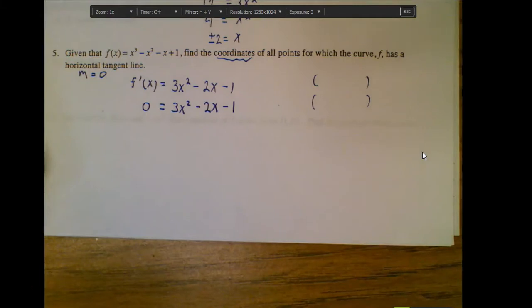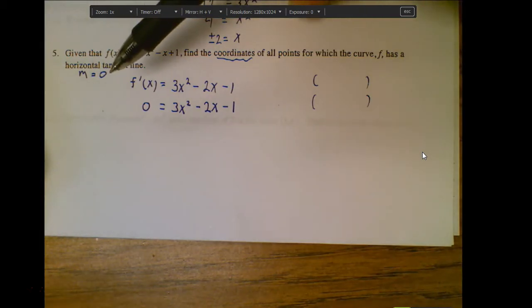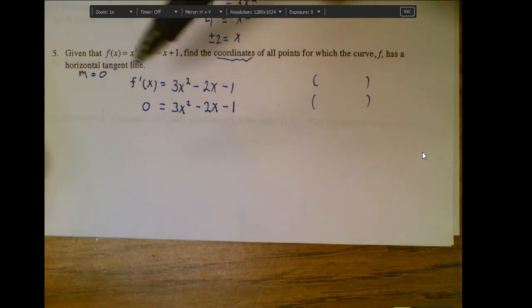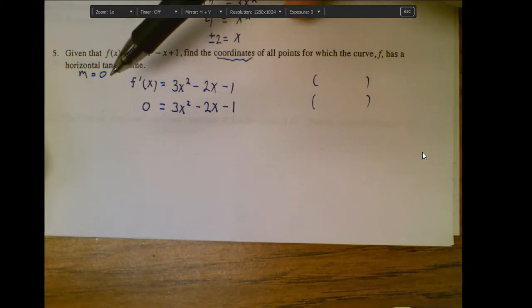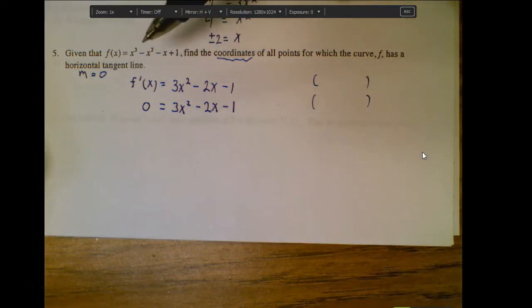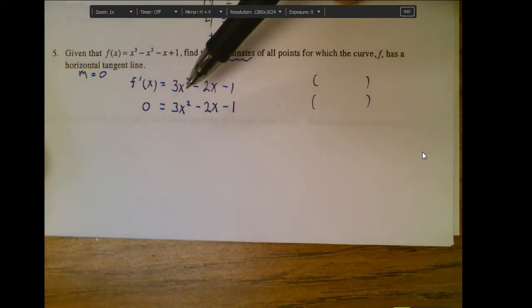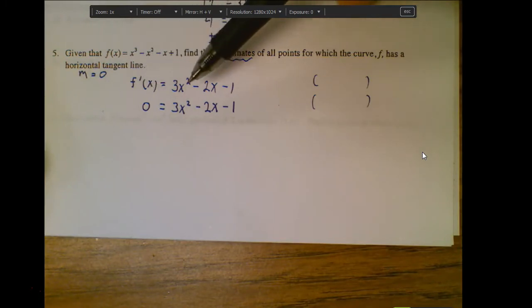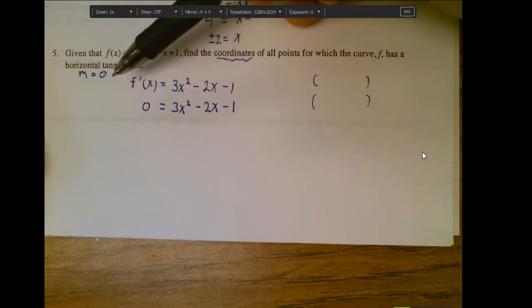A common mistake made on this type of problem on our test or in any test situation is students automatically want to sub in a 0 right here for x. Well, keep in mind, this is not an x coordinate. It's a slope. So the only thing that goes in for this x or this x is an x coordinate. So that's all you could ever sub in for those, not a slope. The slope is the derivative, so I'm setting the whole thing equal to 0 in order to figure out the